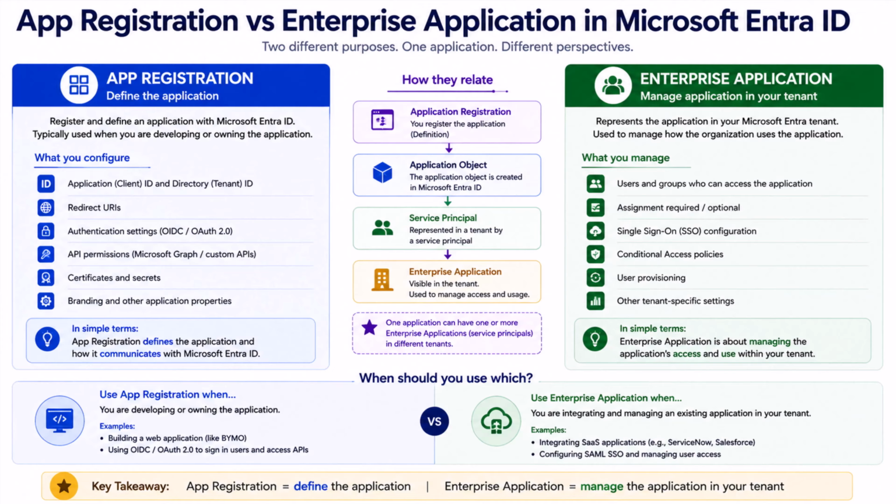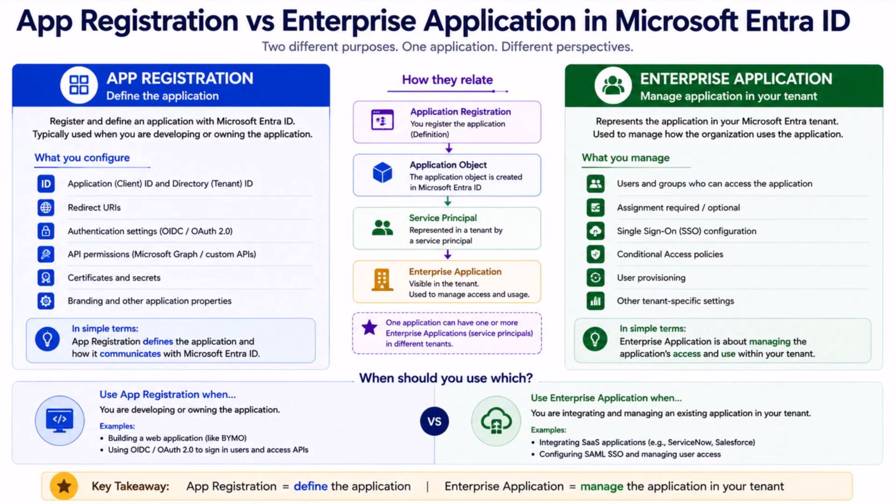And this is particularly common with OpenID Connect and OAuth 2.0 applications. So if your application is OIDC, you should start with app registrations. If it is SAML, like a thumb rule, you should start with an enterprise app, but don't treat it as a strict